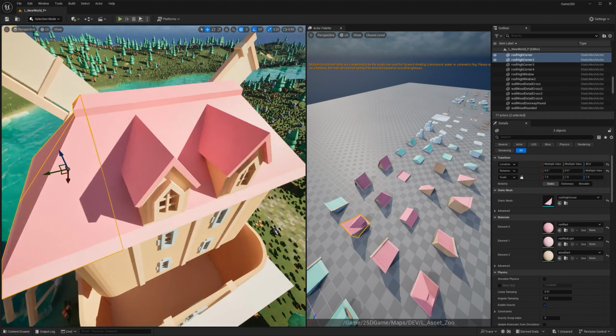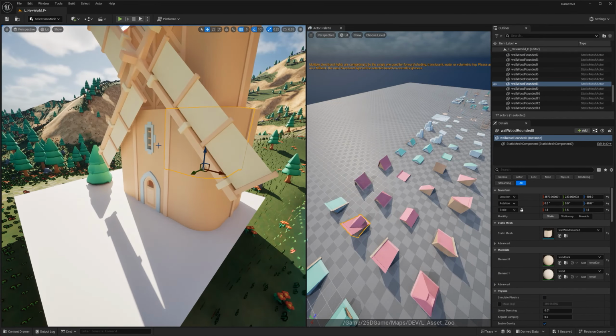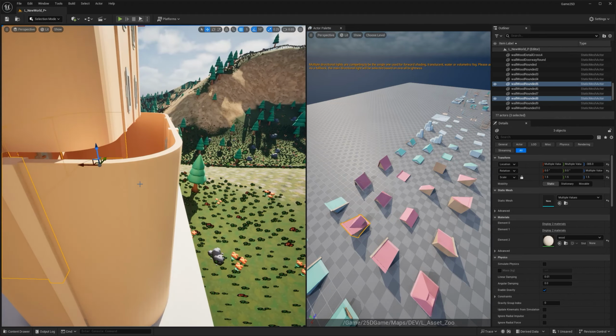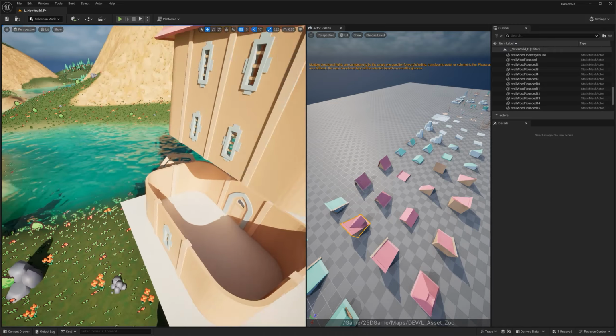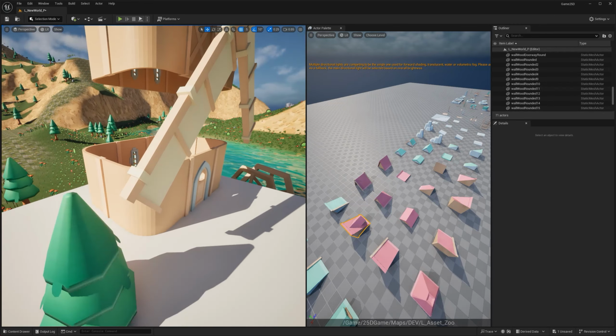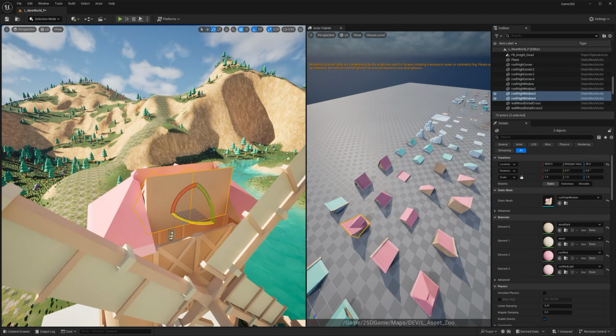I have a sneaking suspicion that this might be too tall, even for what we had there. So I'm actually going to remove this level here. No, sorry, not this level. This level of the building, so I can pull this down a little bit because I think it's going to be too tall for our camera.